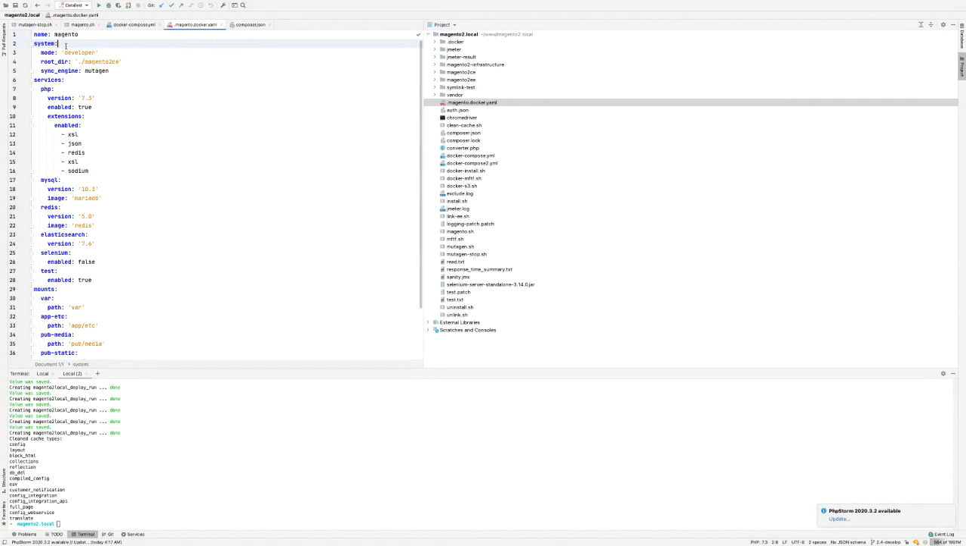The second one is a mode. As you remember, Cloud Docker works in a few modes. It can be production or developer. Since we are trying to make our Magento work locally, it will use developer mode. And this is a new configuration which is called root dir. And the idea of root dir is that we specify the target folder for our Magento